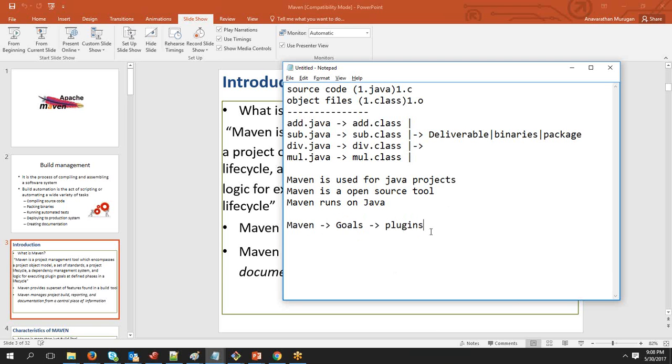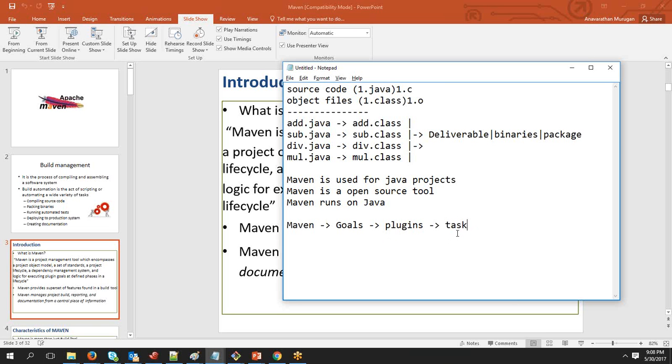So specifically in Maven, we are going to use different kinds of plugins to achieve a particular goal that is needed. That is how it works: what we tell Maven is the goal, and every goal will be associated with a plugin which Maven will internally call and perform an action. This plugin is what exactly does the task. So remember, when you're calling Maven, you will be giving Maven something called a goal, and that goal will call a plugin, and that plugin will actually do the task which is needed. Okay,